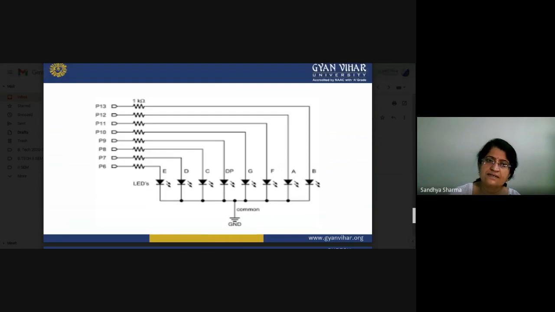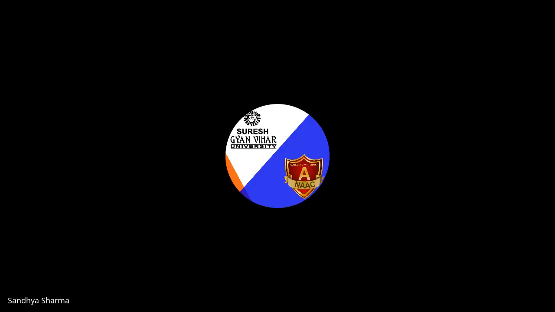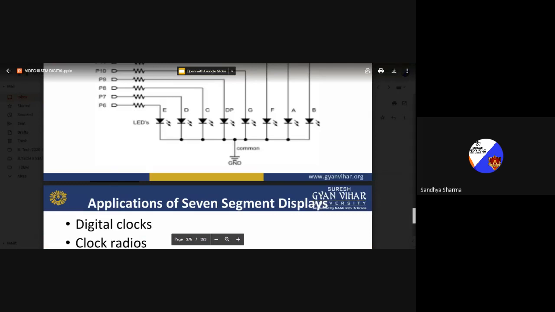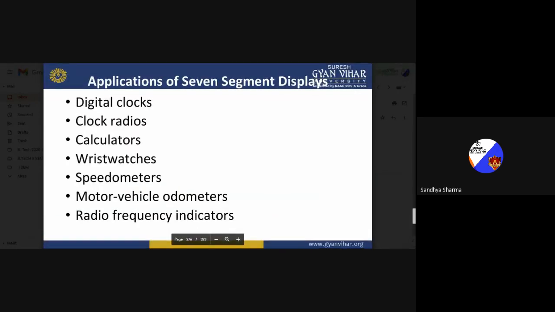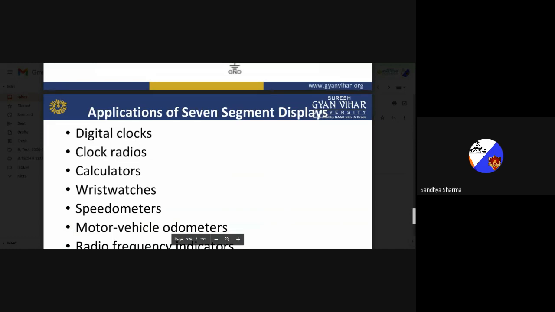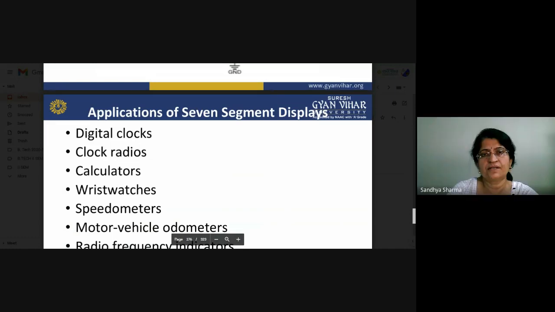You can see in this diagram how we can connect these seven LEDs A, B, C. These are the numberings, and these can be displayed at your particular point. So this is the connection diagram. Now we will focus on the applications of seven segment display devices: digital clock radio, calculators, wristwatch, speedometer,